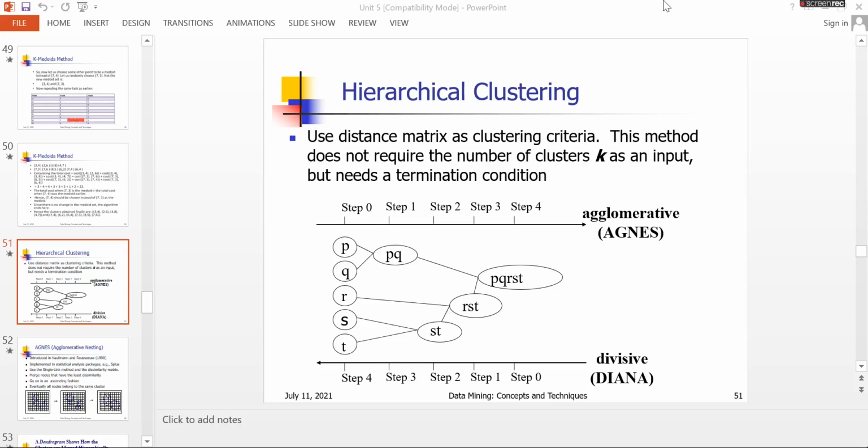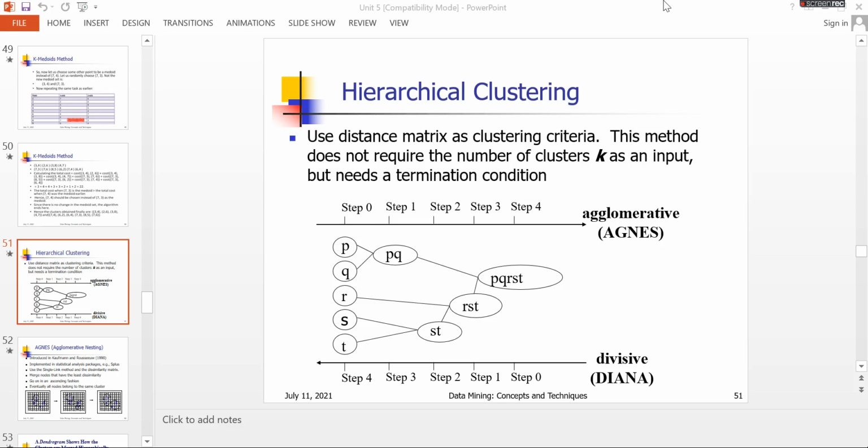Good morning, students. In this session, we will see the other clustering method, hierarchical clustering. So, what is meant by hierarchical clustering? The name itself indicates hierarchical means level by level. We have to divide the data objects, we have to form data into a number of groups, number of clusters, level by level. So that is hierarchical clustering.